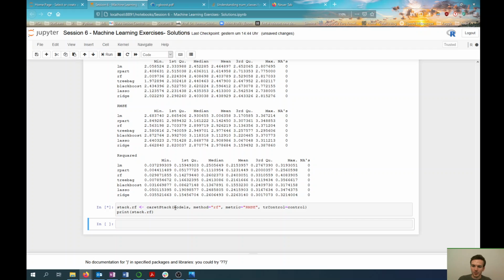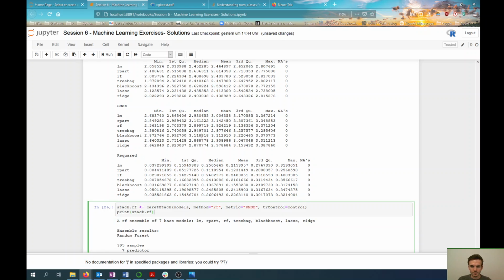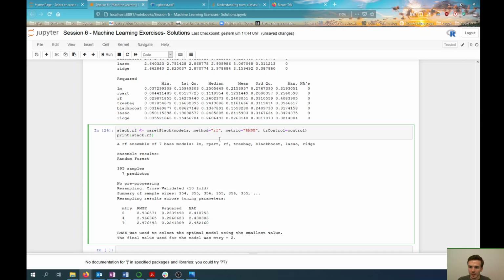And this will now contain all the models that we have trained before. The method equals rf tells the caretStack which base model I want to use for the stacking,